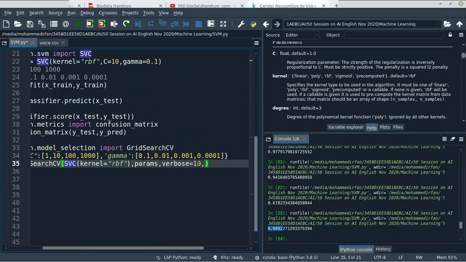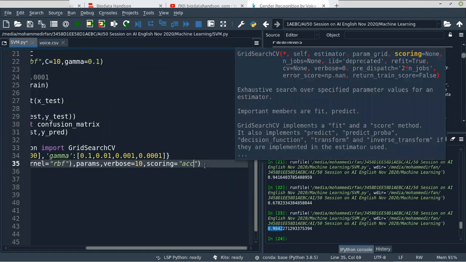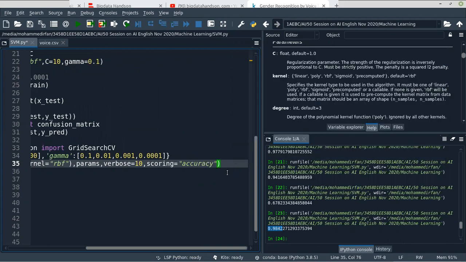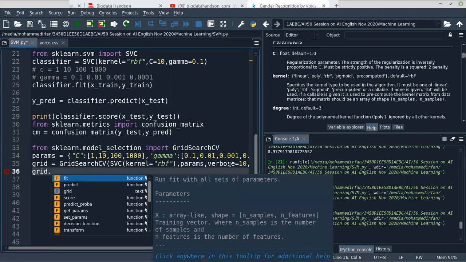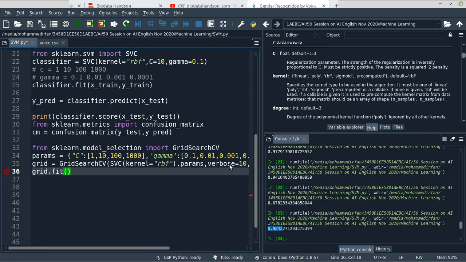Scoring will show you the accuracy. Okay, that's it. We created the object and we want to fit that on the training data, X train and Y train.